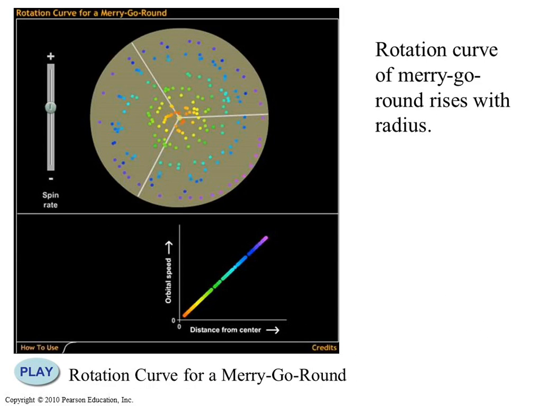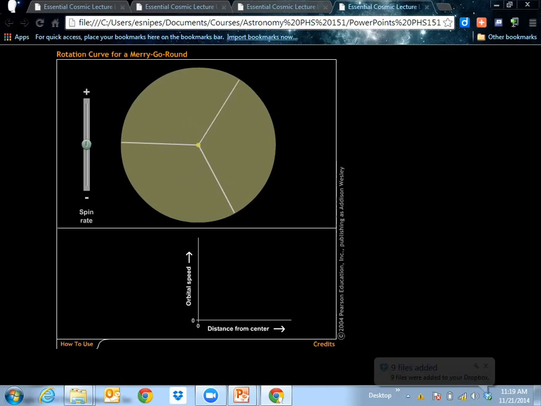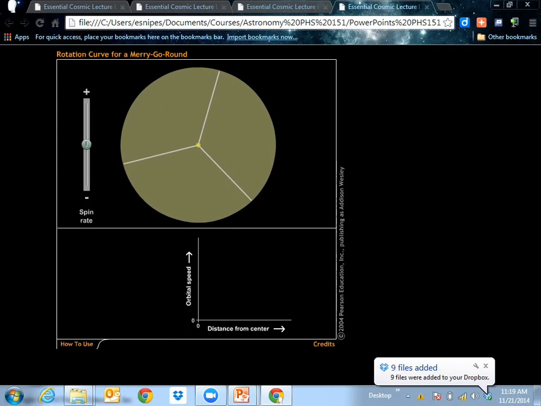Have you ever put your kid on, because they aren't safe, one of those merry-go-rounds that are about this big, and they look like a flying saucer? That's what this reminds me of. That's what we call a rigid body. So there's your flying saucer merry-go-round. It has a constant spinning. But can you see where if you're out here at the edges, when it completes one rotation, you have gone this far? And if you're near the center, when it completes one rotation, you've gone this far.